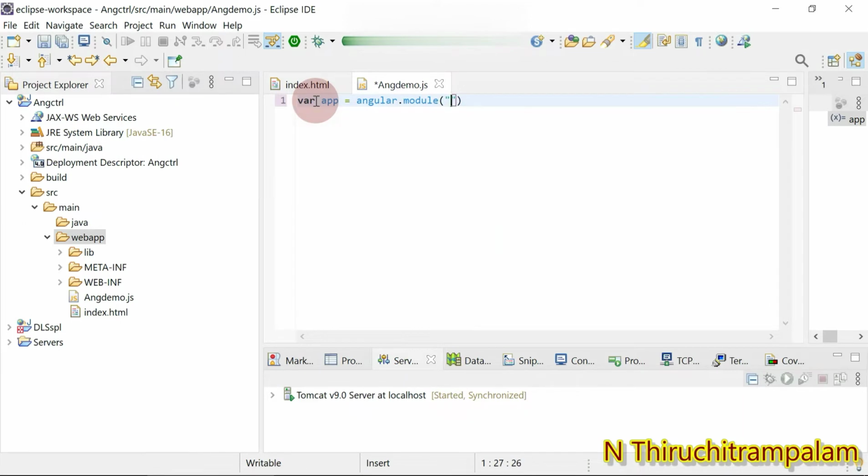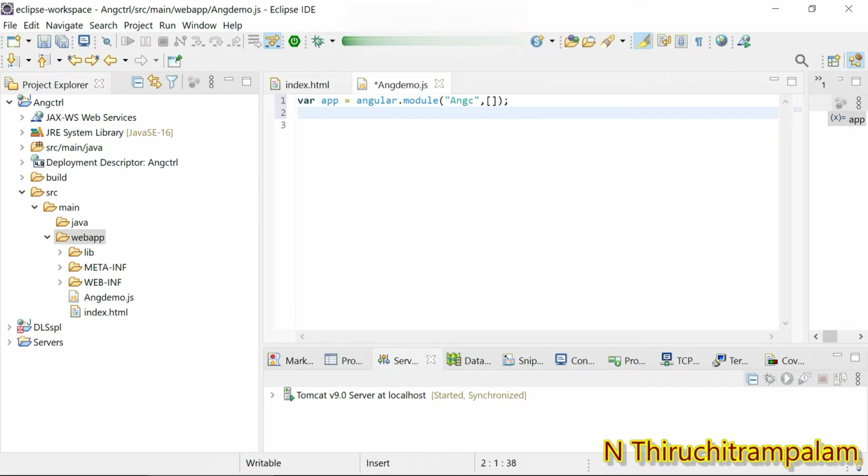I'm going to give it the name ANGC, then a comma, bracket, and a semicolon. So the module is created. The Angular module named ANGC is created.